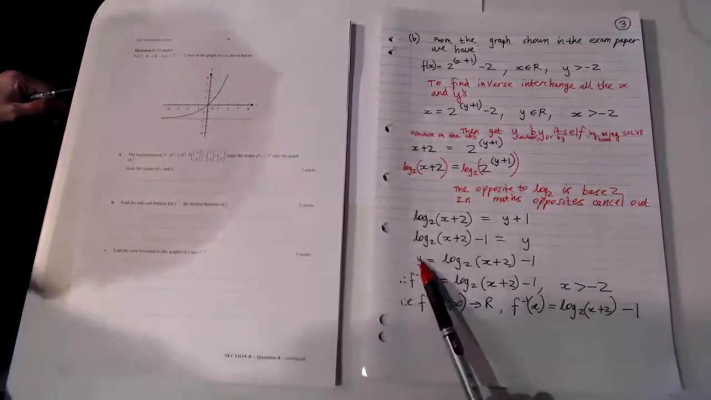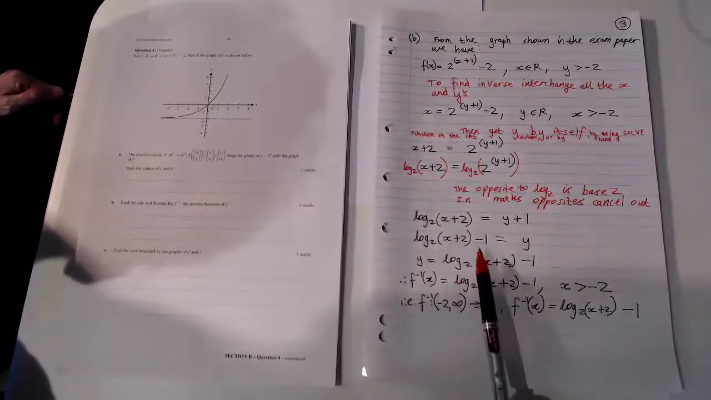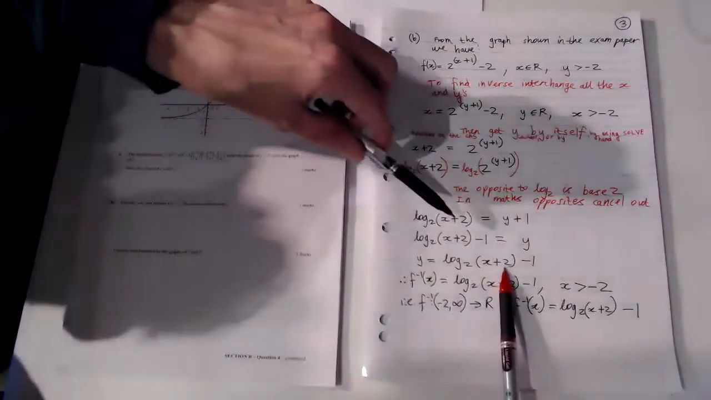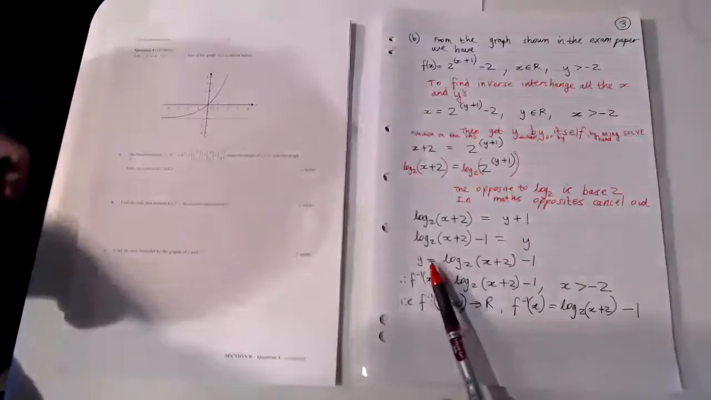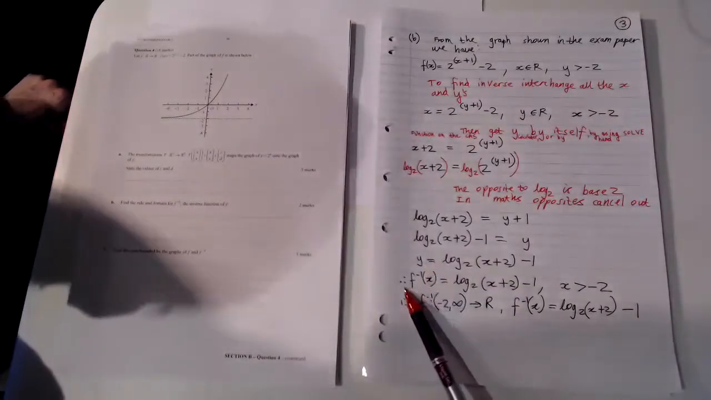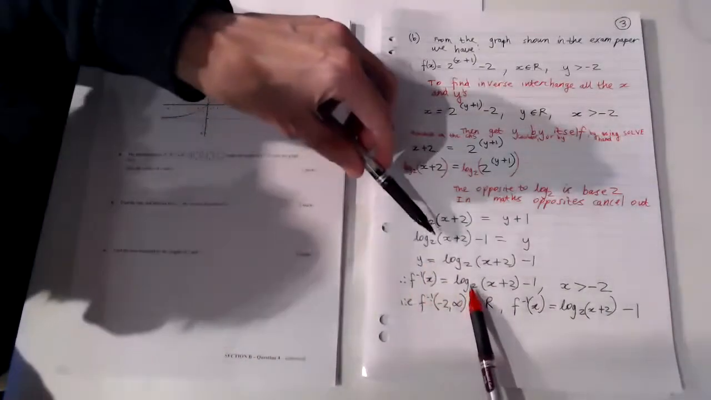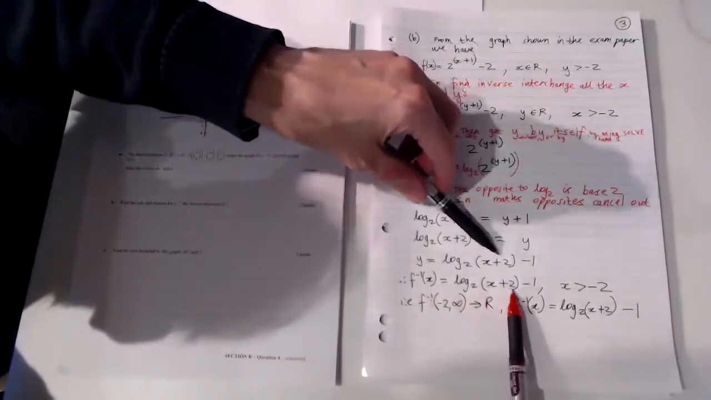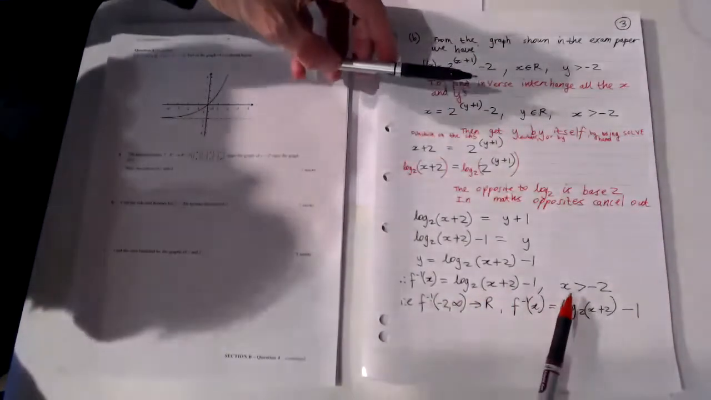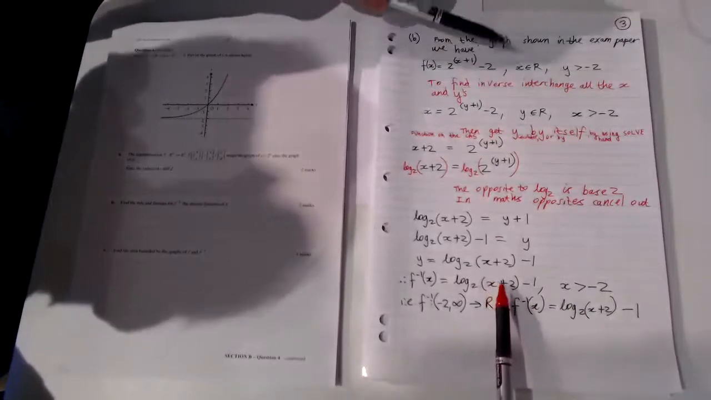So therefore, y equals log 2 of x plus 2, minus 1. And that's the inverse function. Therefore, the inverse function equals log 2 of x plus 2, minus 1. And the domain of the inverse function will be